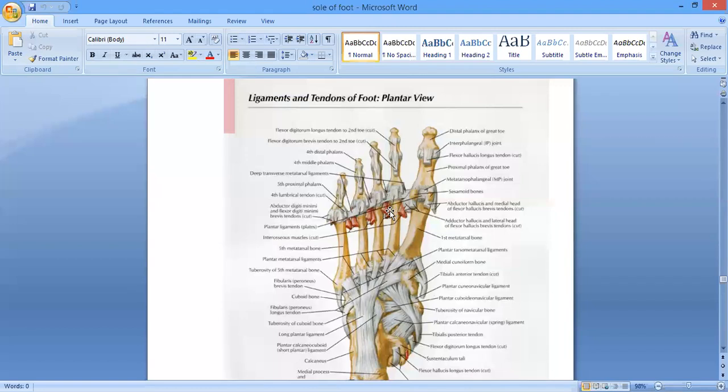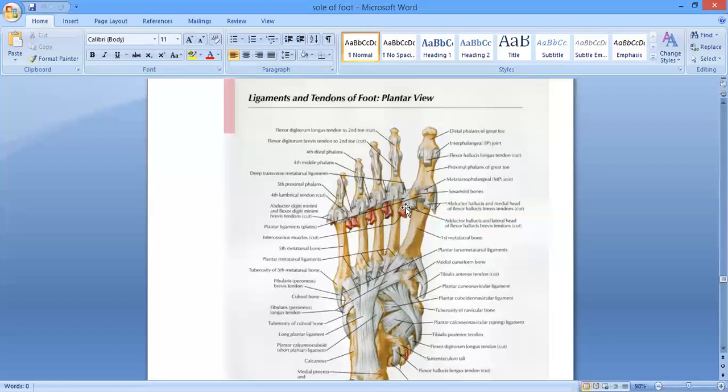What's the action क्या होगा जी? Its name is representing adductor hallucis. So it is going to do what? It's going to adduct. Adduction. ठीक है, adduction of the big toe, right? It's going to, you see यहाँ पे attach है तो जो pull करेगा तो इसको इधर drag करेगा, right? So it's an adductor, going to adduct the big toe, ठीक है. और किस तरफ adduct करेगा? Towards the second toe की तरफ इसको adduct करेगा. Clear? And again, it's also responsible for maintaining the transverse arch of the foot. This is the transverse arch of the foot. We'll talk about it later in detail, the arches of the foot.